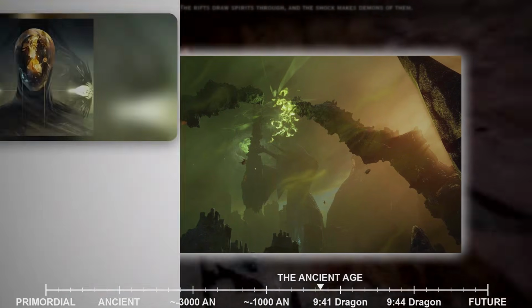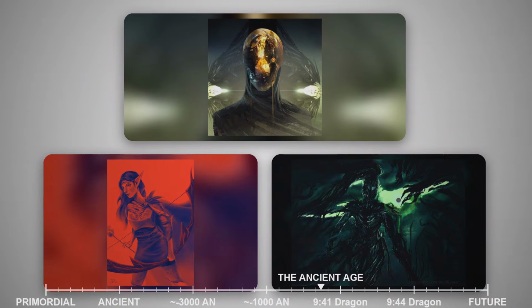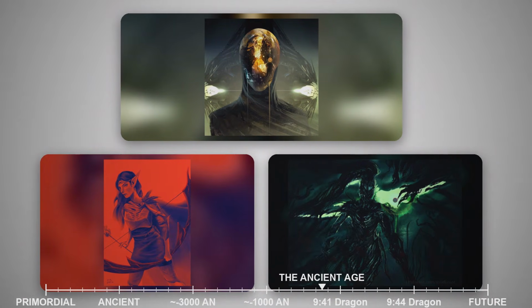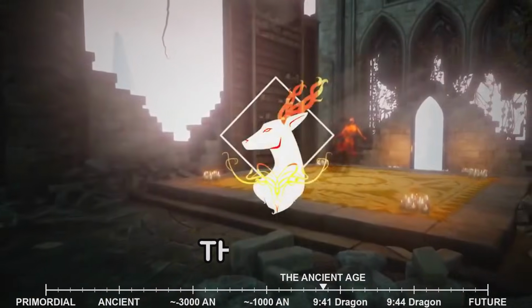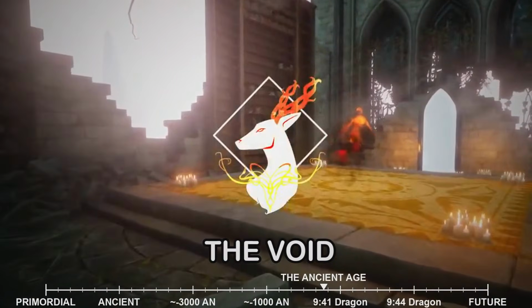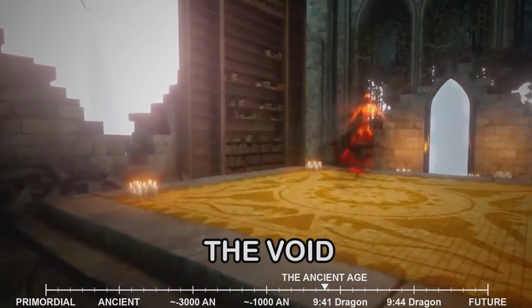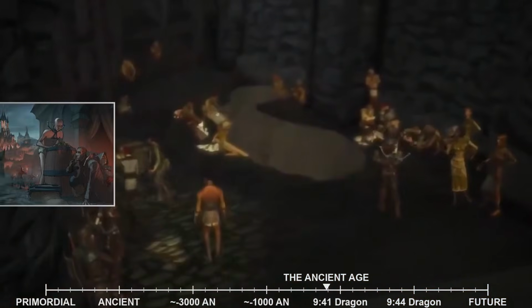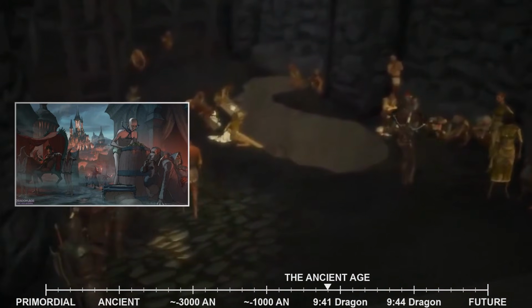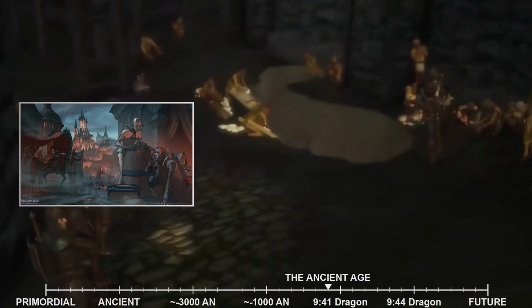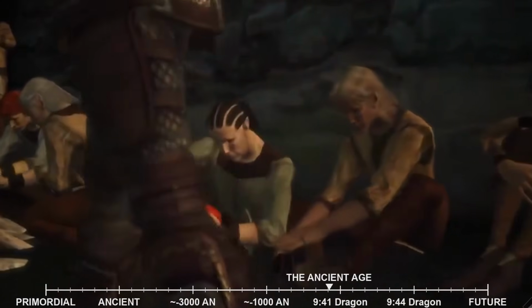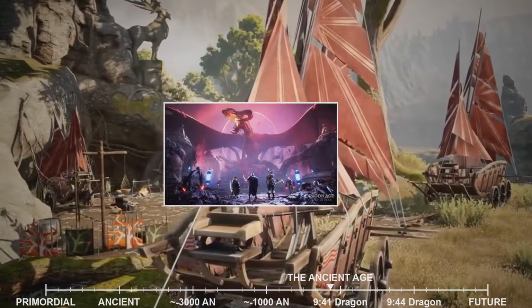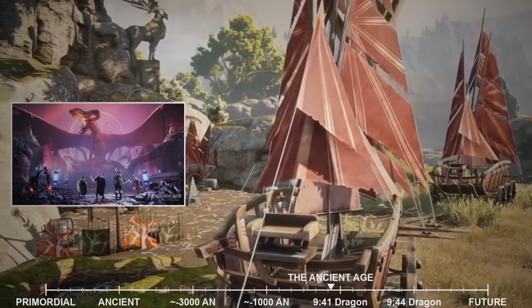But even this eventually fails to satisfy her, and she pushes further, venturing beyond the Fade into a realm that should never be entered. The texts call it the Void, and some scholars believe this is the same darkness that existed before creation, the nothingness from which the Maker, or Elgar'nan, or whatever force initiated reality, drew the raw material of existence. Others argue it is something different, a place of pure corruption and madness that exists as a twisted mirror to the Fade. Whatever the Void truly is, Andriel's expeditions into its depths change her.